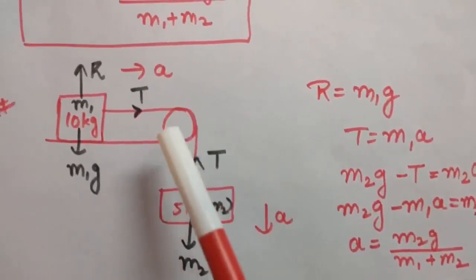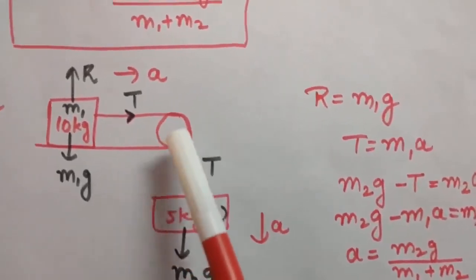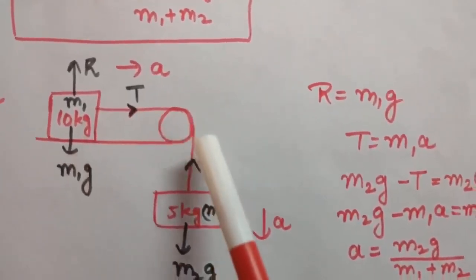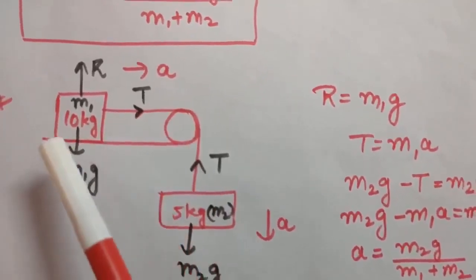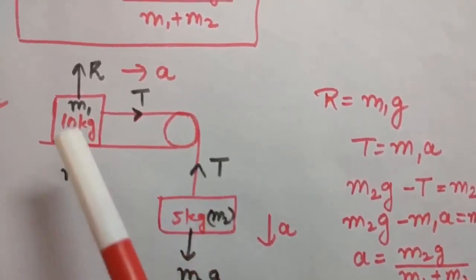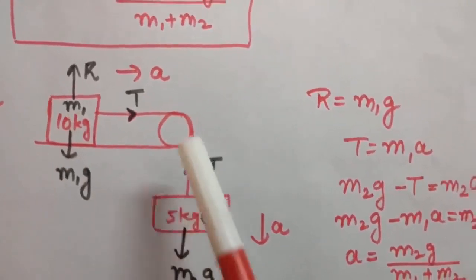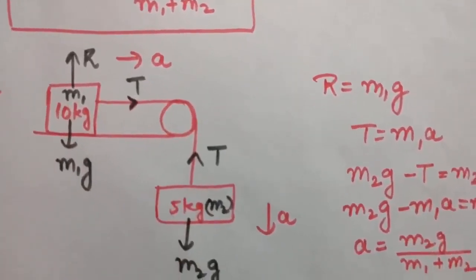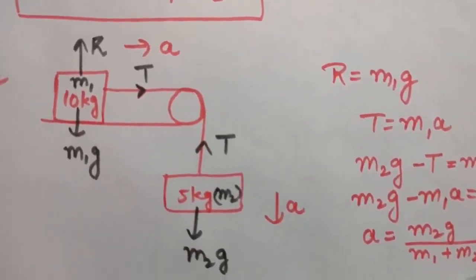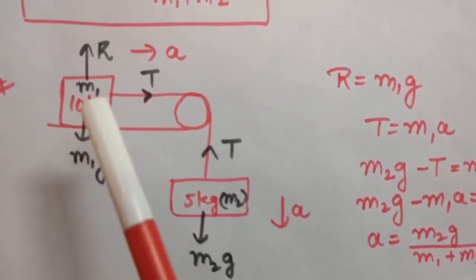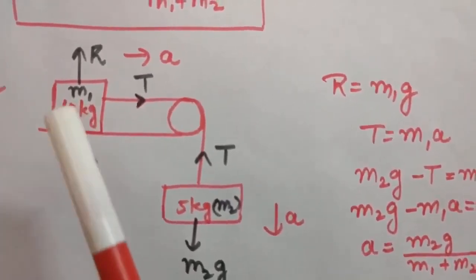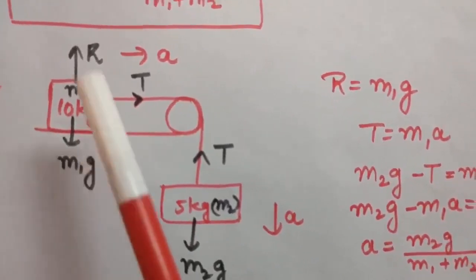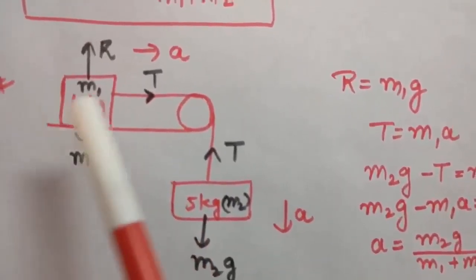Now this is the pulley which is fixed at this point. The string is going over it, and now two masses are connected like this. So this one is kept on a table. This mass and this mass are connected to two ends of the string. Now again let us resolve all the forces. As you can see, m1g will be acting downward. Now clearly see, this is your y direction and this is your x direction.